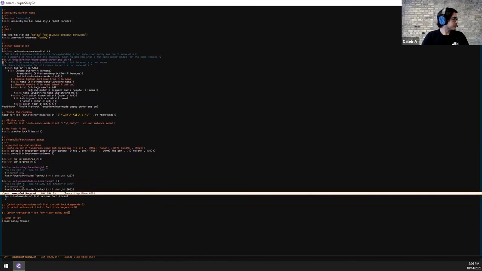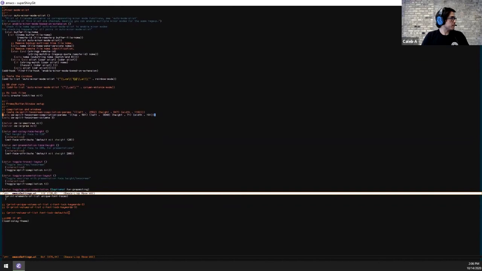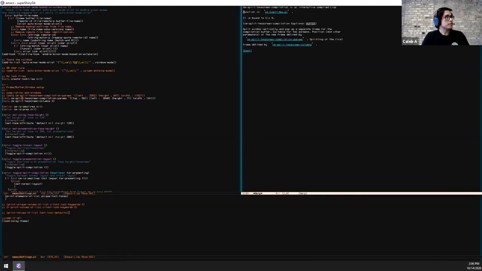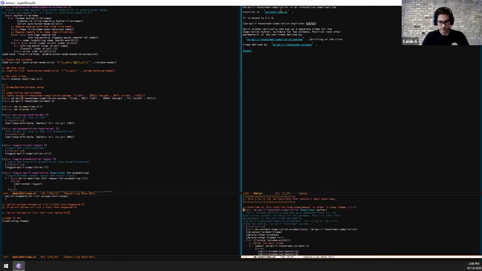There is, and I'm trying to find it. So there are parameters set up for those CM functions that split the screen, and if we describe this function, nope, that's a variable. Split to screen compilation. So if we go and look at those CM functions,